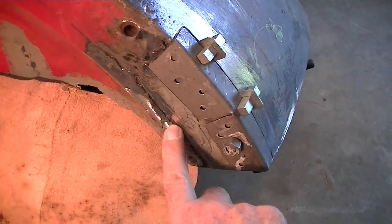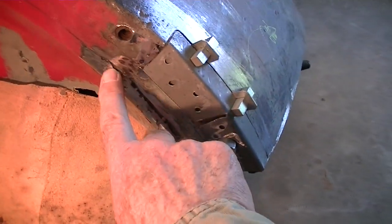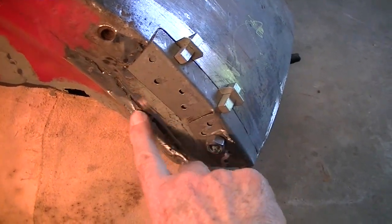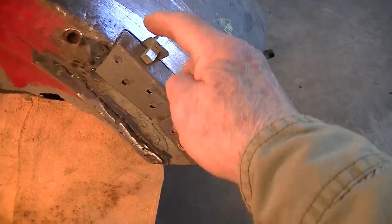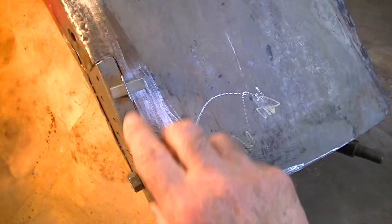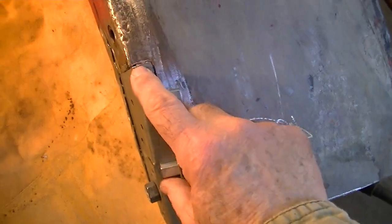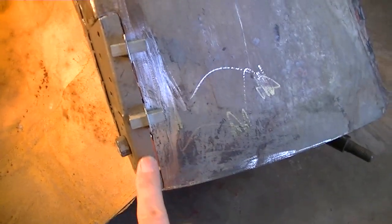and welded in, welded here to the inner fender. And up here there's a butt weld. So that piece goes from here over to here and over here, and in this part of the shroud right here I had some rot, so I cut it out and I made a new piece, done the best I could to fit it in here, and I've got butt weld clamps backed up by copper strap in the back